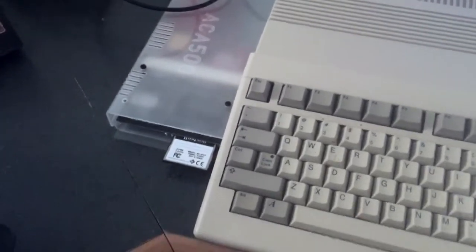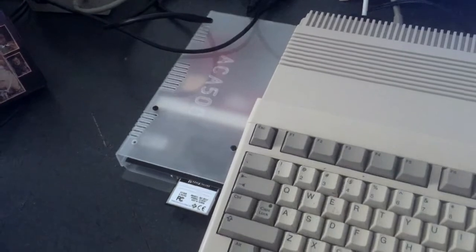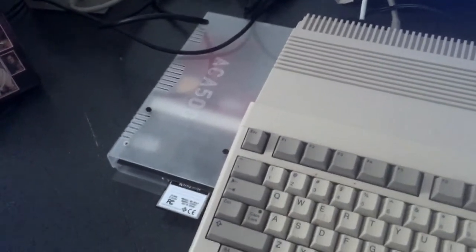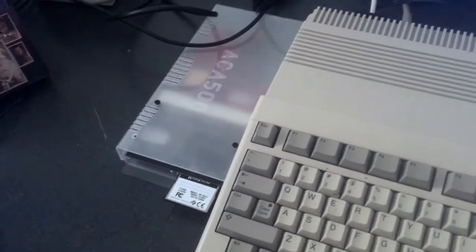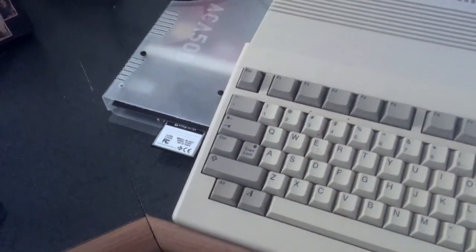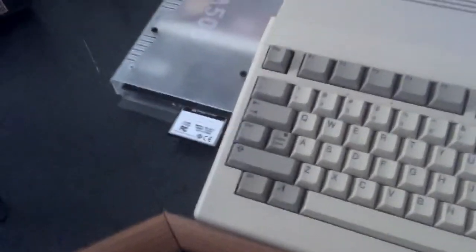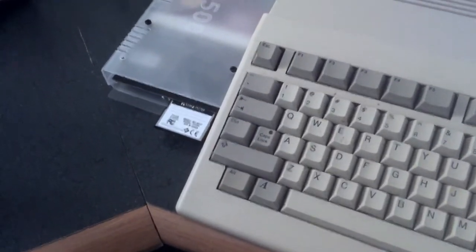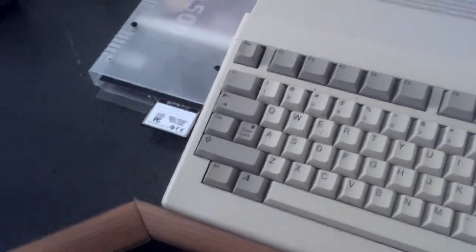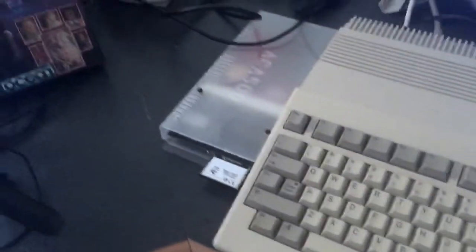This is a new aftermarket kind of thing, made only fairly recently, but this is very cool. It can take a compact flash card like you'd use in a camera and make it the hard drive. So I've got a 4 gigabyte compact flash card. Back in the days of the Amiga 500, we didn't even know what a gigabyte was. It's got one more slot over there on the right for a data card,